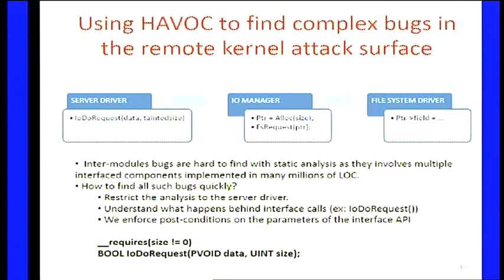So what we do is that we put the preconditions, so the requires, or the assert, if you prefer, we put them on the interface function between modules. So with the domain-specific knowledge that we have from the kernel modules, or from whatever component of the code base you want to analyze, basically we avoid entering multiple components by just putting the assertions on the interface function, so we don't have to analyze the top-level components to find